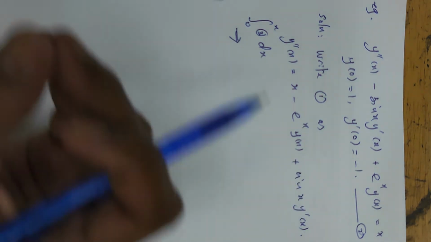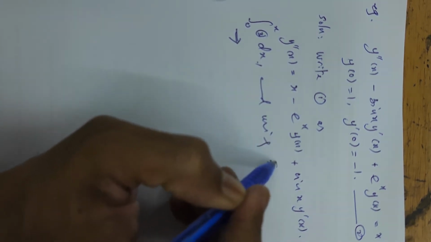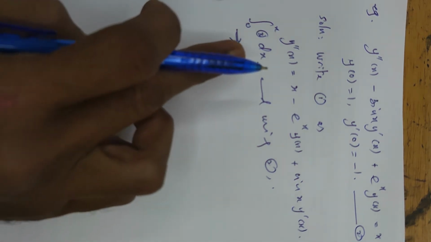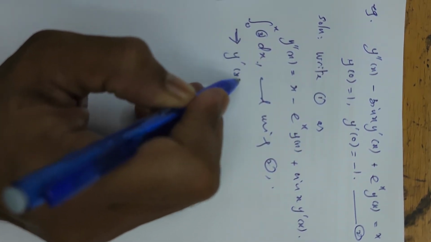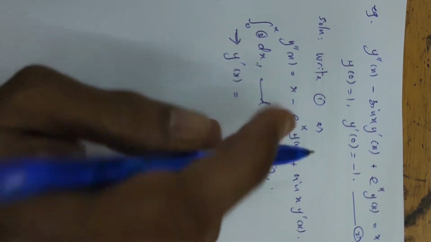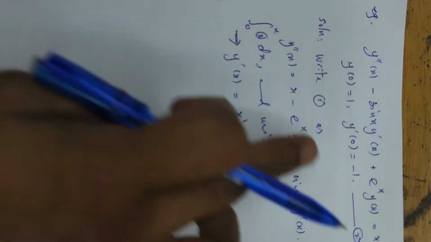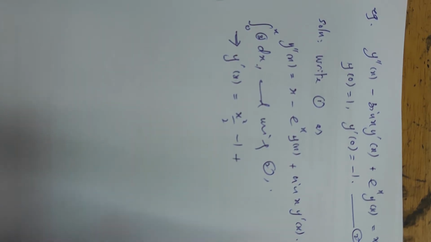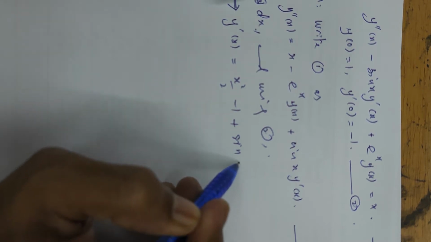Putting everything together and using 2, we have y prime x equal to x squared over 2 minus 1 plus sine x y(x),